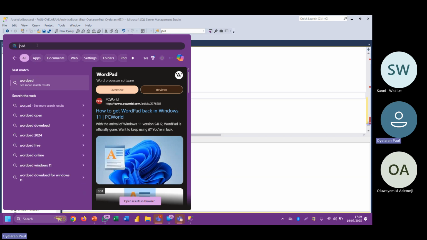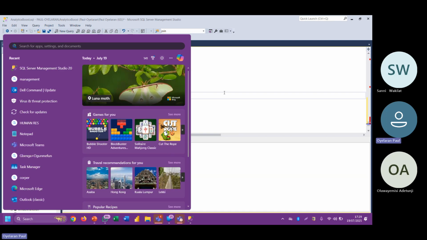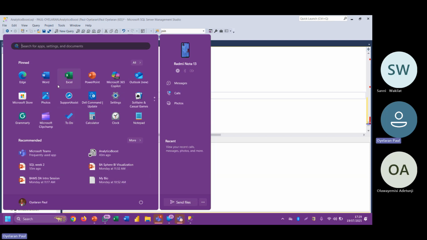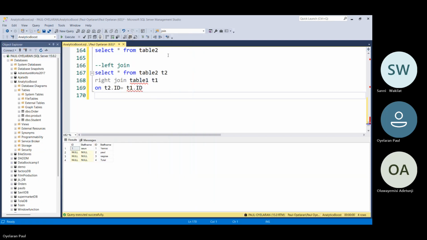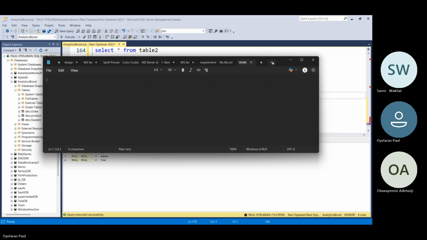Okay, I have installed my Notepad. I wanted to paint a scenario here. I'm trying to see where I can actually help it. So let's say, for example, now week 1, you have